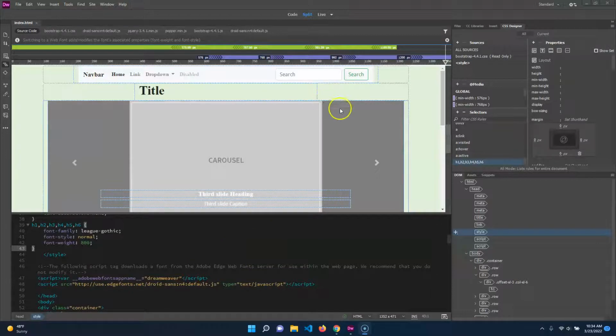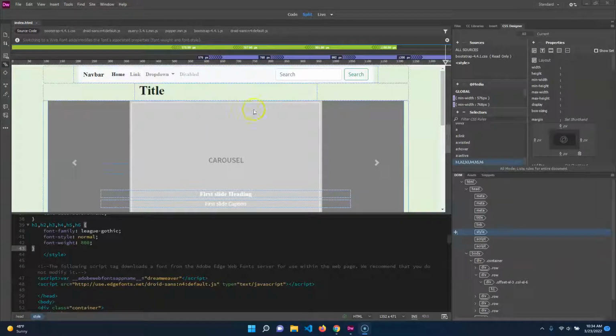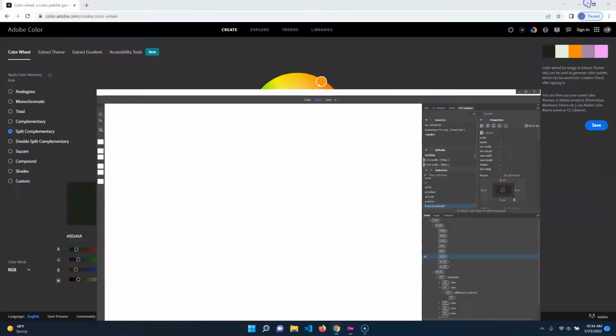All right, so the next thing we want to do is format the rest of this, right? You can see this is all placeholder stuff. We want to change this to something more permanent and try to get this to look correct. Okay, so the first thing you're going to want to do is